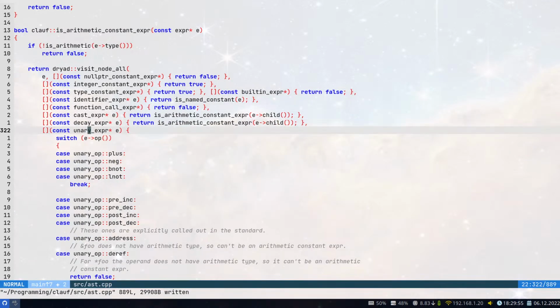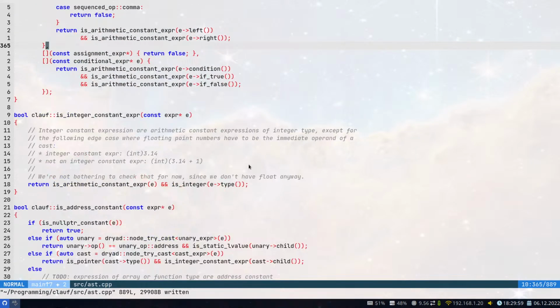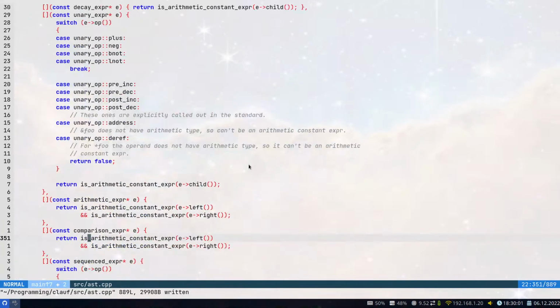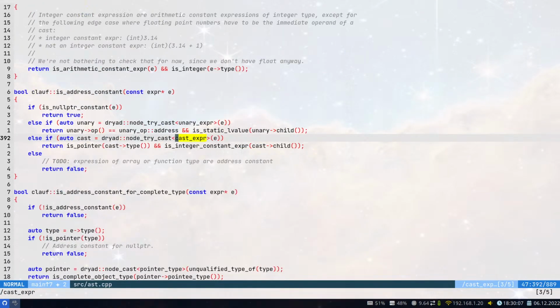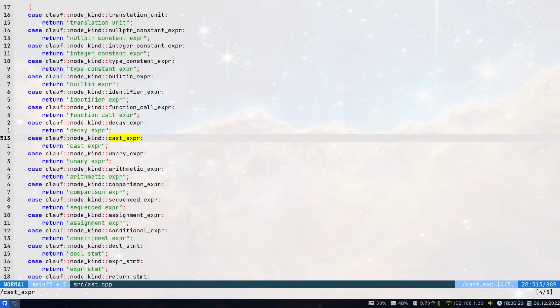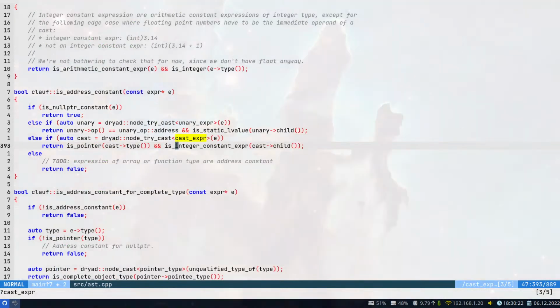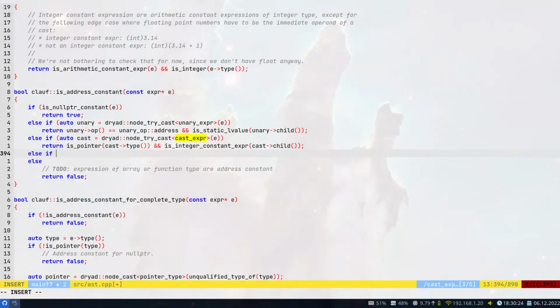Decay expression, essentially, can be treated like a cast expression in most cases. So let's just see wherever we're using a cast expression. Not here. This is just at the updated. Is address constant? I don't think this one matters here, but let's just say